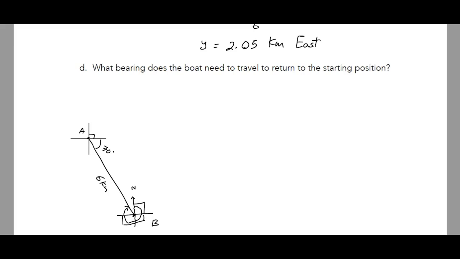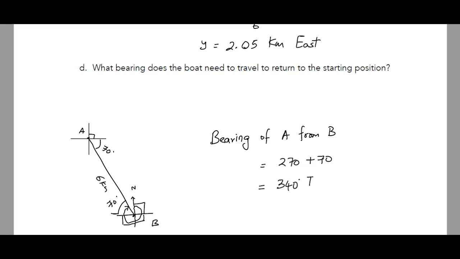Now if we consider this diagram here, that's 70 degrees, and this angle here is our alternate angle, which means that is also going to be a 70-degree angle. So the bearing of A from B in this case is going to be 270 plus 70, which is going to be 340 degrees